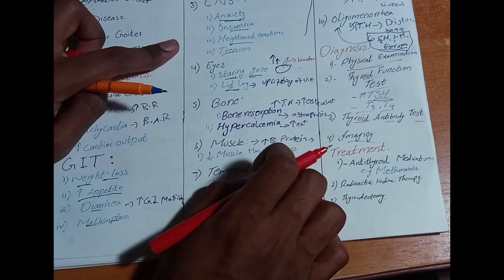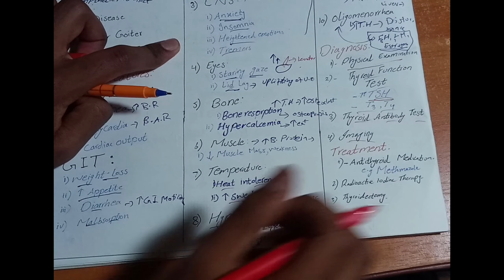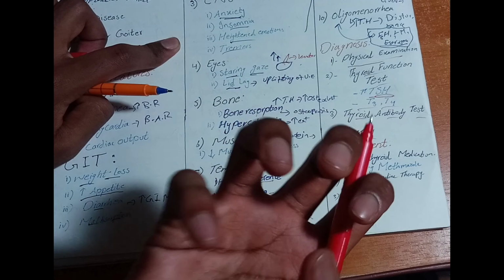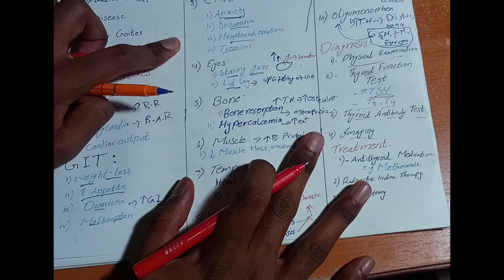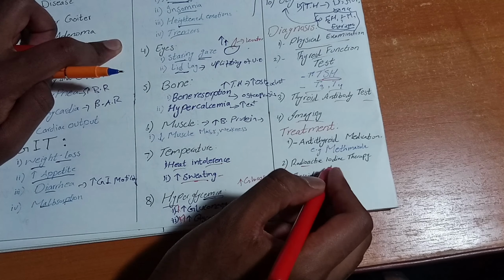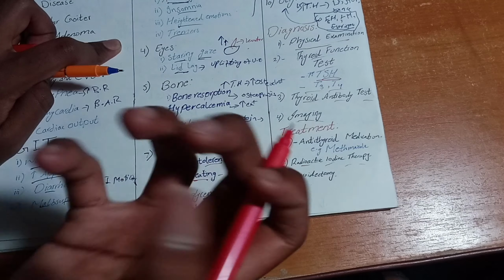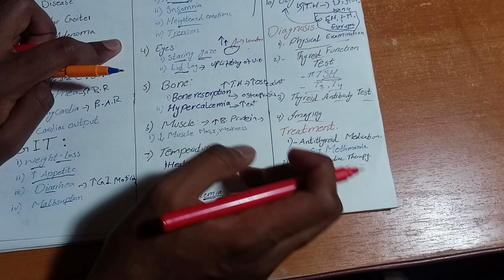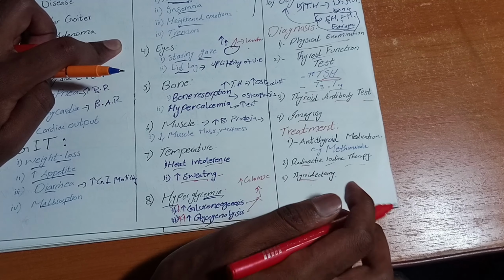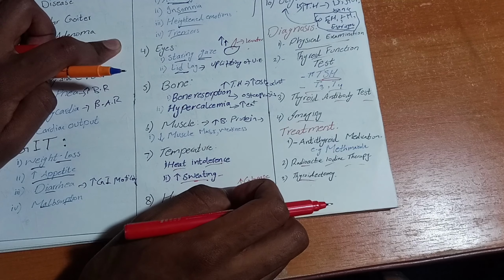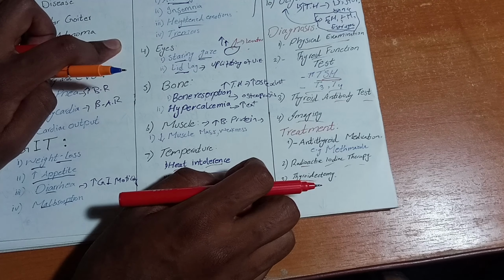Okay, these are the basic diagnostic tests which we can do to diagnose a hyperthyroidism patient. Come to treatment. For treatment we can use antithyroid medications. Antithyroid medication is a temporary medication which suppresses the production of thyroid hormone from the thyroid. Then we can also do radioactive iodine therapy, in which iodine radiation destroys the overactive cells. And at the last we can do thyroidectomy, in which we remove the thyroid gland if no other treatment is suitable.